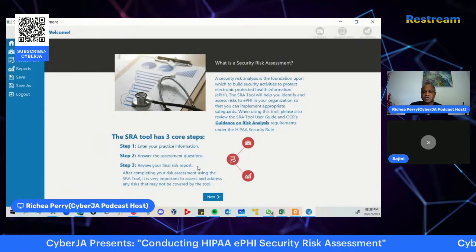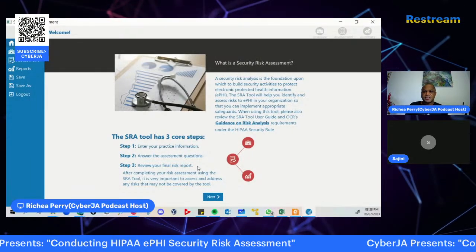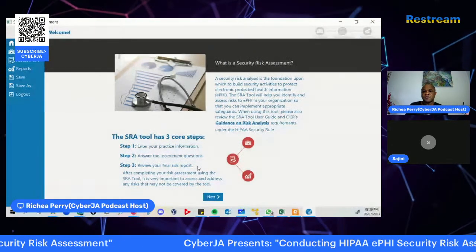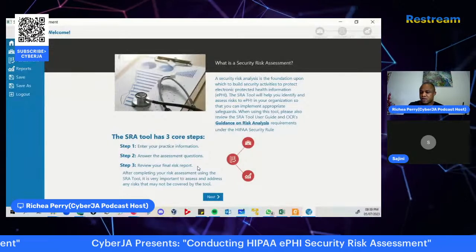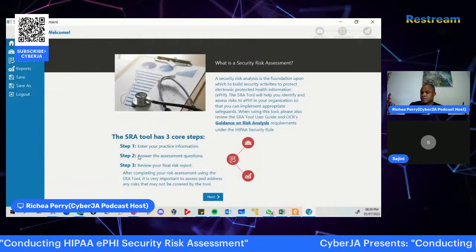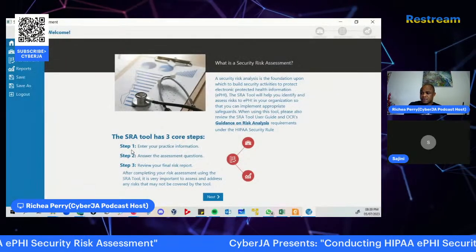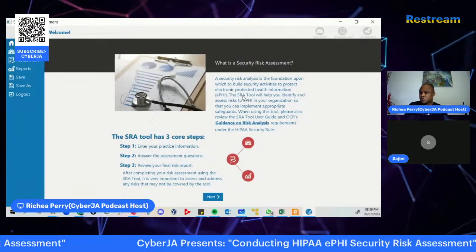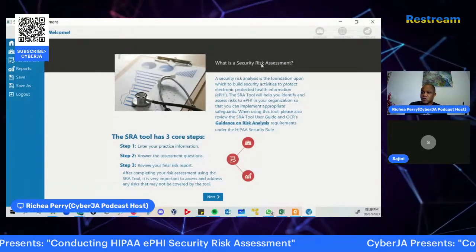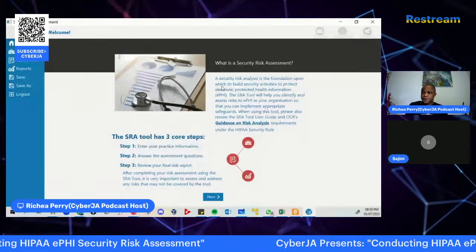So you have to put in those safeguards to secure the information as well as to protect the privacy of patients' information. So this is where the tool is broken down into these three steps. Step one, so let us go through this. And here you have it. It says, what is a security risk assessment, right?